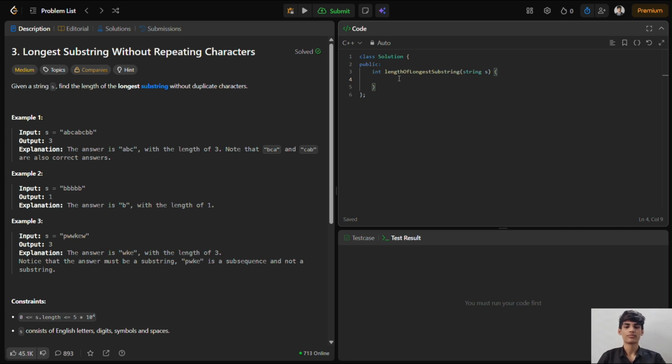Let me write the code. We start by setting up our tracking tools. First we create an unordered map called lastIndex. This map will remember the most recent index positions where we saw each character. Next we declare two integer variables: left, initialized to 0, which represents the left boundary of our sliding window, and max, initialized to 0, which will record the longest substring length we have found